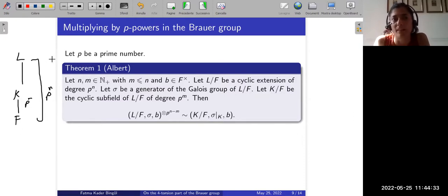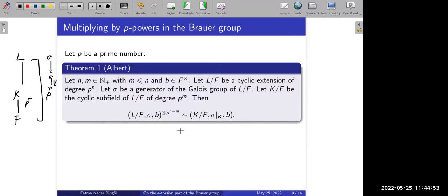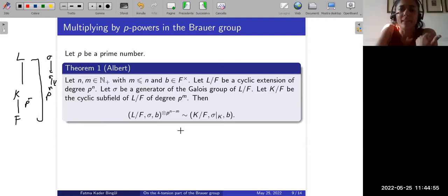And sigma is the restriction of sigma on K. Of course, this is an F-automorphism of K, and it will be a generator of the Galois group of K over F. So the cyclic algebra is generated by K over F with the same B here. Okay, so this is the first result that I wanted to give. And the second result is